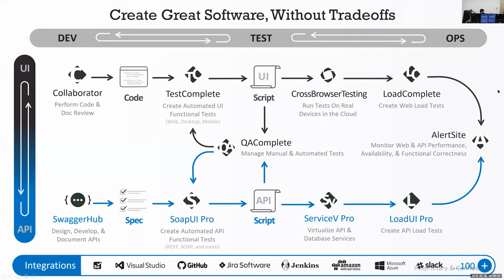And we also have Collaborator and the UI tools as well for some similar products, right? For testing of our APIs, we've got what's called the Ready API suite of tools, and that includes SoapUI Pro for functional testing, ServiceV for virtualization and deployment of virtual services, and LoadUI Pro for performance testing. We have similar tooling on the UI side of things, so TestComplete, functional testing of that UI, automated integrations